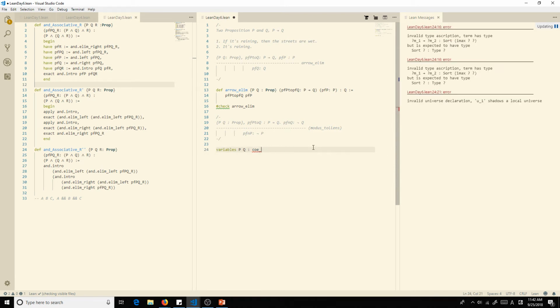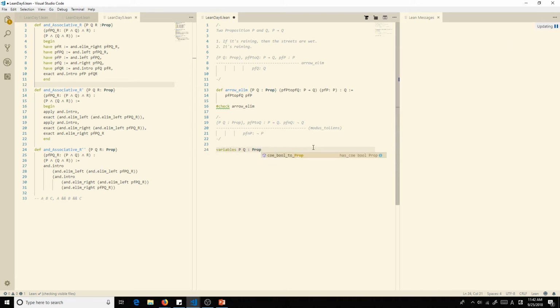Oops. I always hit enter because I think it's going to work. And then it just gives me that. It's great. Okay, and we're going to have another variable. We're going to call this implies, and that's going to be p to q.